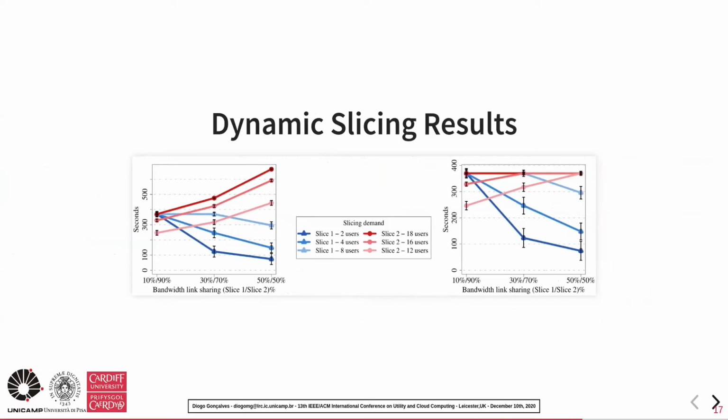In the right graph, we can see what happened when both slices can lend the idle resources to the other one. In this scenario, it's possible to see that the slice that received a higher priority in our simulation, in terms of number of dedicated resources or reduced number of users, still performs faster migration services and finishes all its migrations earlier than the other slice. However, no idle resources were wasted. That idle resource reallocation helped the slower slice to finish its migrations earlier than expected.